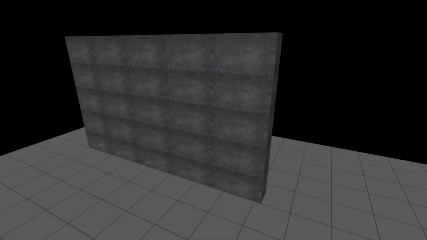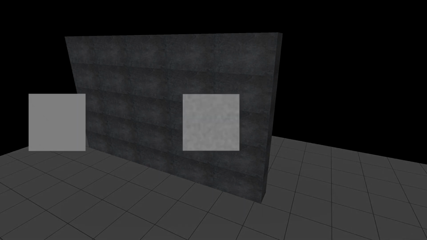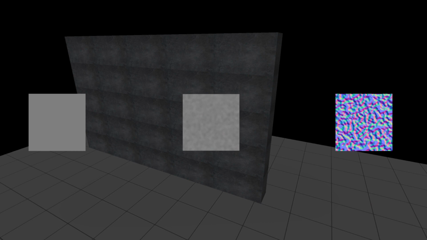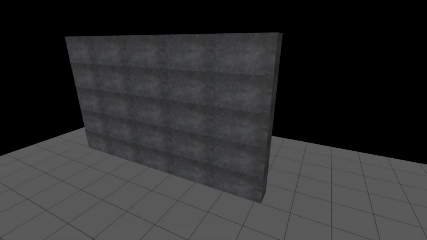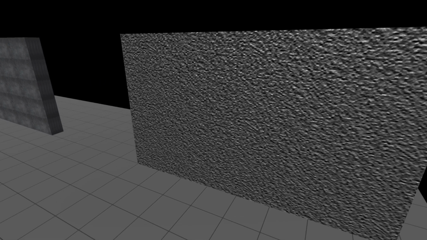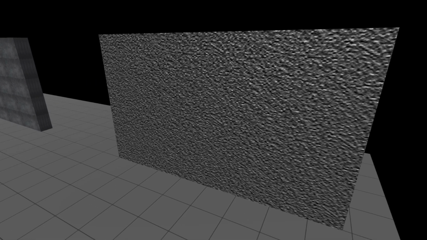Well, say I want to make a stone texture for a game that doesn't extremely obviously tile. I could take an image of some random stone wall, but then I'd have a lot of cleanup work to do. Alternatively, we could take a gray texture, add some noise, blur it a little, and add a normal map made from our original noise, which is a technique for giving depth to textures, and we've got a decent approximation already. You could add further noise at different scales to create discoloration or moss effects as well.